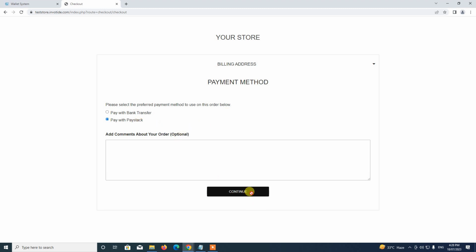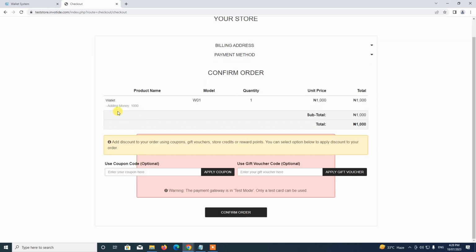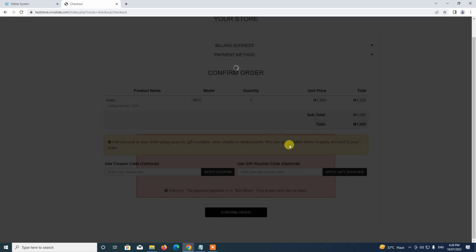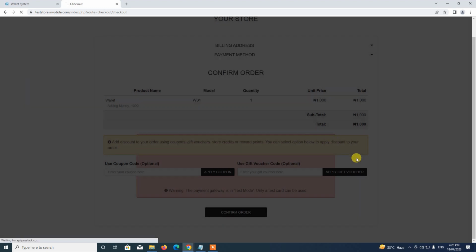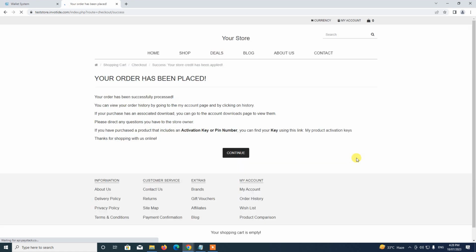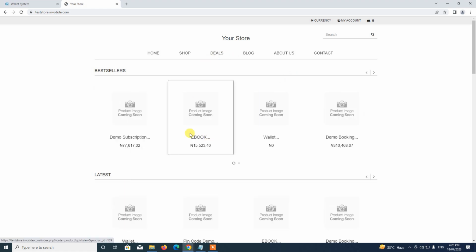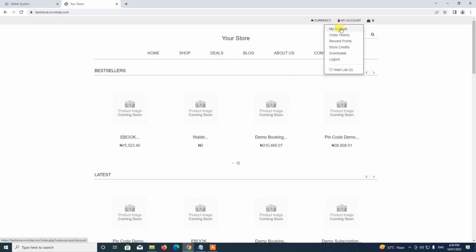So we select the payment method. All right. The description says adding money to the wallet. So we confirm the order. All right. So we process it. Now that we have processed the order, if we click on the continue button, you notice that after we have processed the order, if we go back to our account page